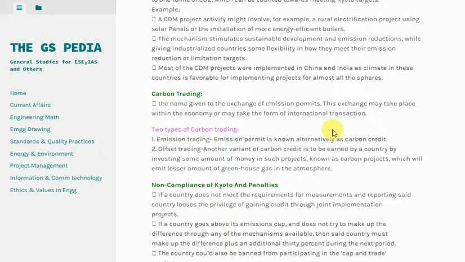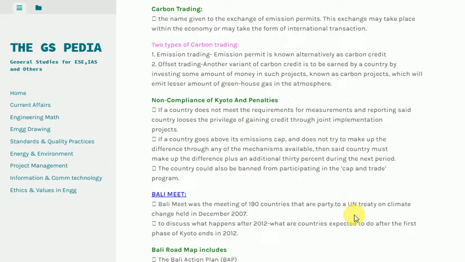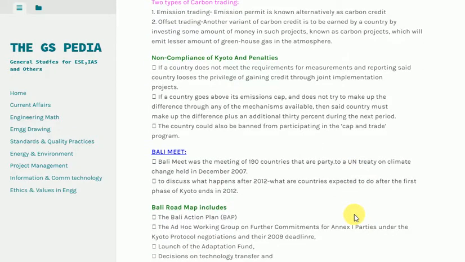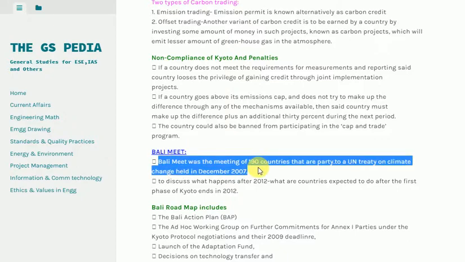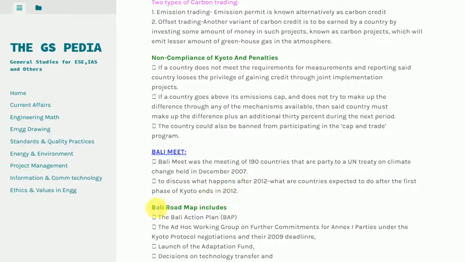Bali meet. Bali meet was the meeting of 190 countries that are party to the UN Treaty on Climate Change held in December 2007. To discuss what happens after 2012, what are countries expected to do after the first phase of Kyoto ends in 2012. Bali Roadmap includes the Bali Action Plan, BAP, the Ad Hoc Working Group on Further Commitments for